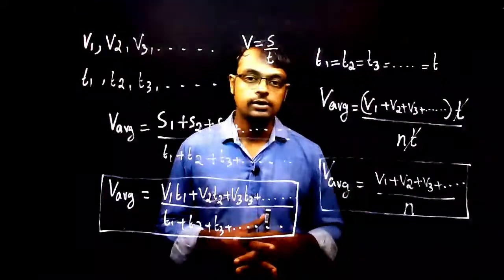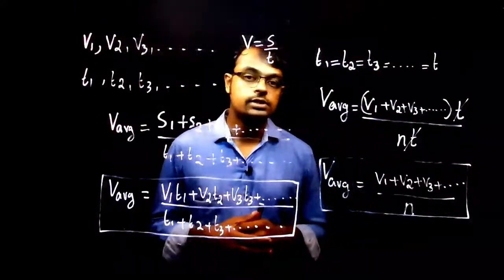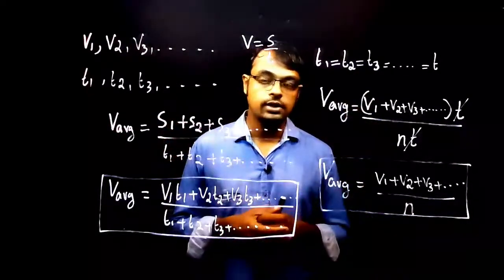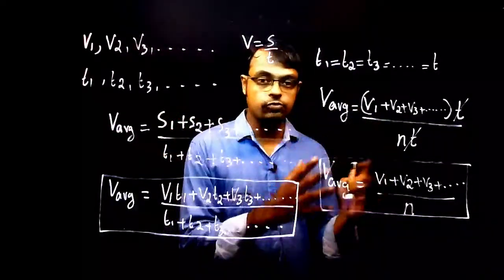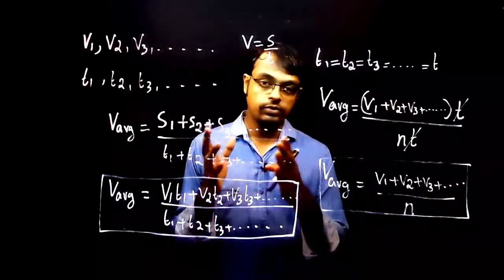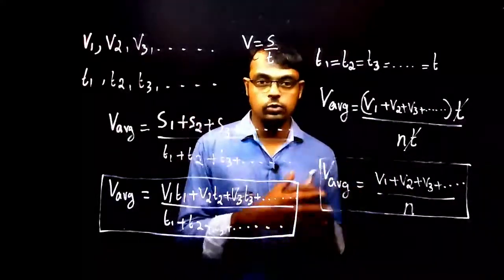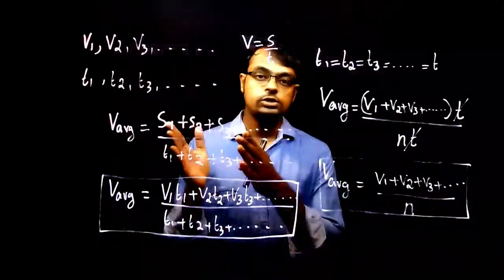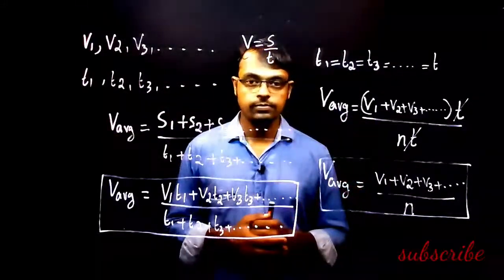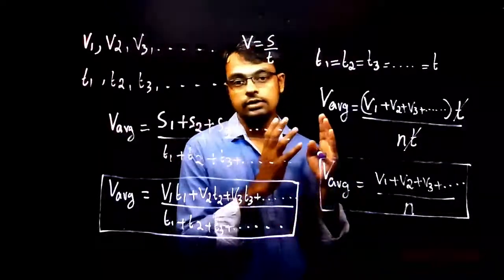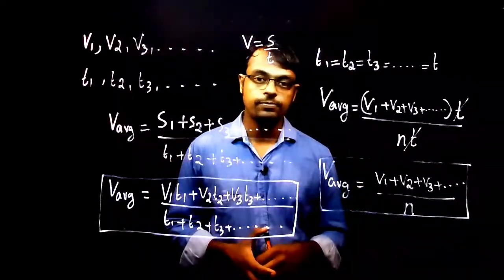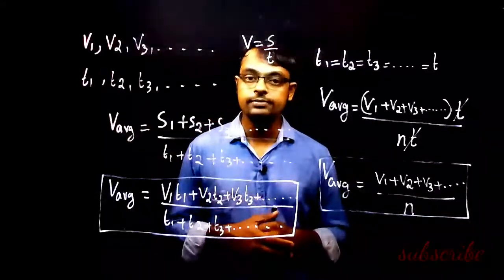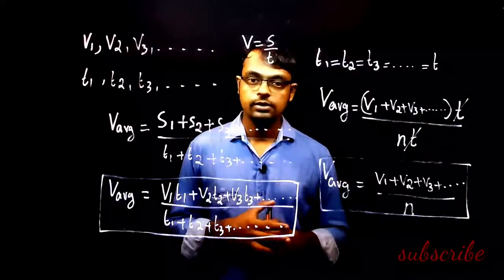So I hope it is clear. In this lesson we were discussing speed and velocity. We have discussed many points and different types of speed and velocity: uniform speed, uniform velocity, variable speed and variable velocity, average speed and average velocity, instantaneous speed and instantaneous velocity, followed by two different cases of average speed. Clear? I hope it is clear.